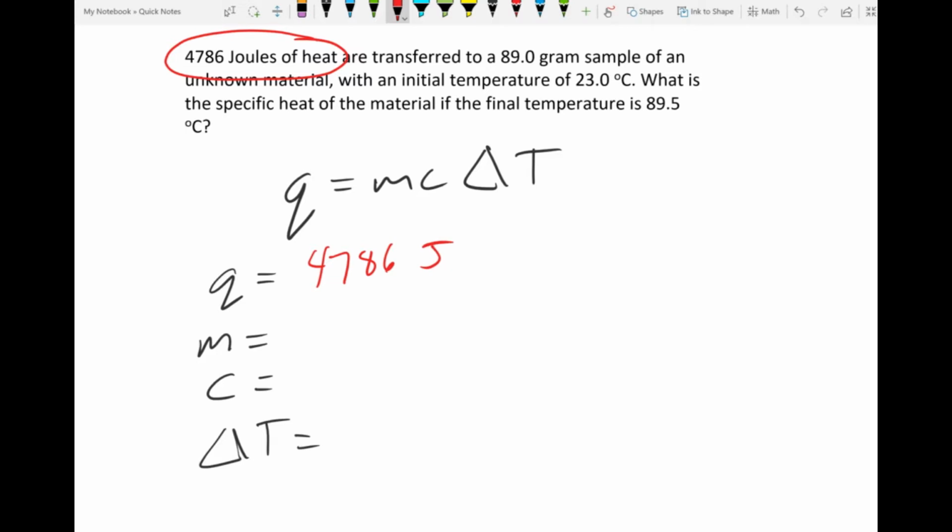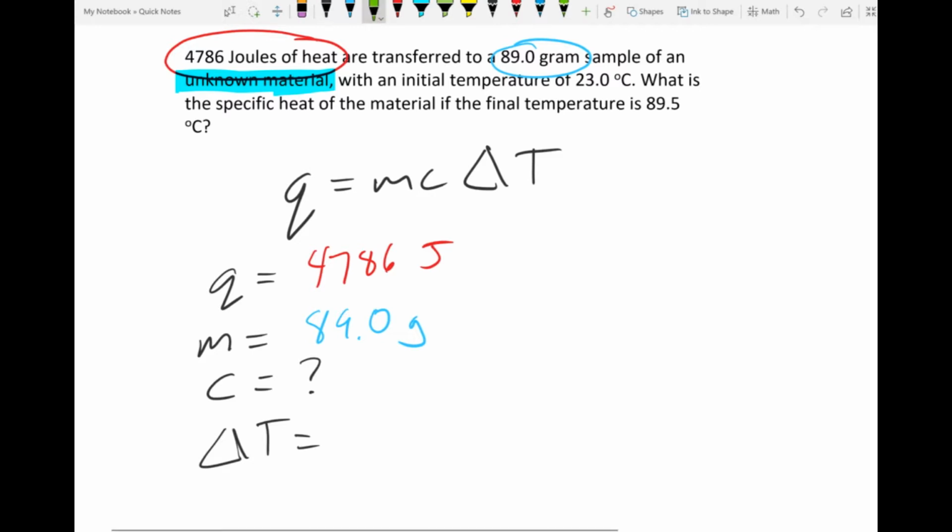So 4,786 joules of heat are going to be transferred to an 89 gram sample. Okay, so now we know the mass because we see grams. So 89.0 grams sample of an unknown material. The sheer fact that it tells me unknown material means that I'm not going to be able to go find the specific heat. So that's already telling me pretty straight up that I really don't know what my specific heat is going to be. Now, we're going to need to confirm that later on to the problem, but let's keep going to see